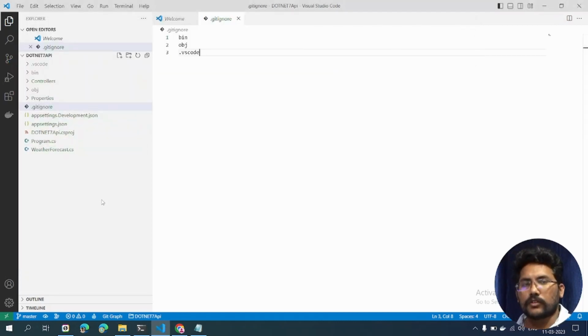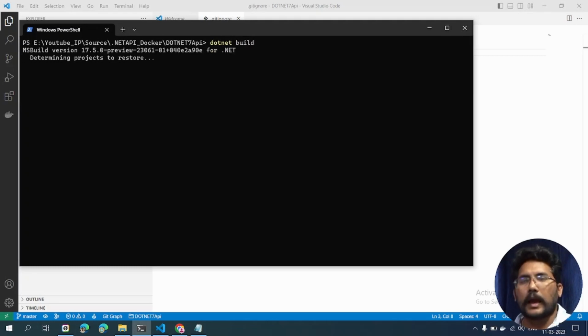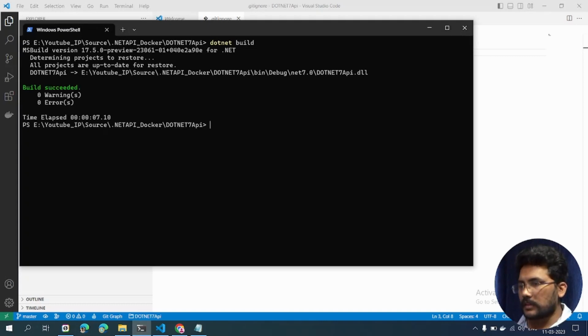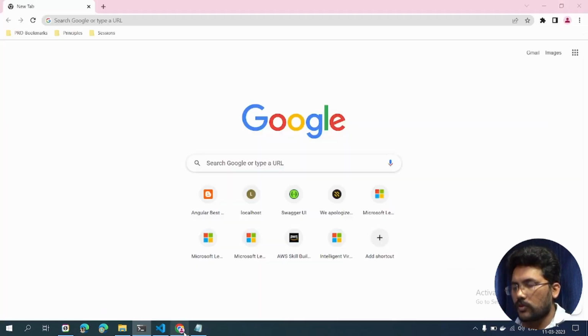Now we created it, we need to run it. So first dotnet build, let's build the app first in the CLI. Once the build is completed, see, the build has completed. Now what we are going to do is dotnet run. Let's see what port it opens up. When you create a project with Visual Studio, you have some default generated ports, and here also, the port is 5260. Let's open up